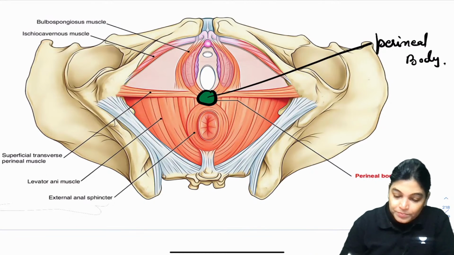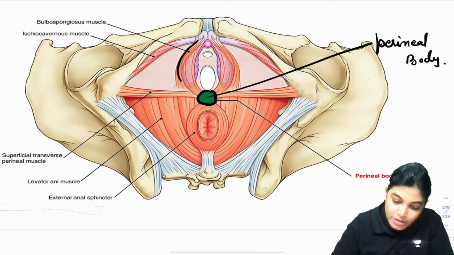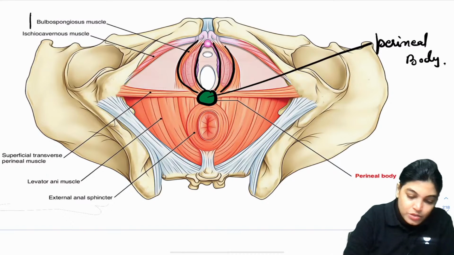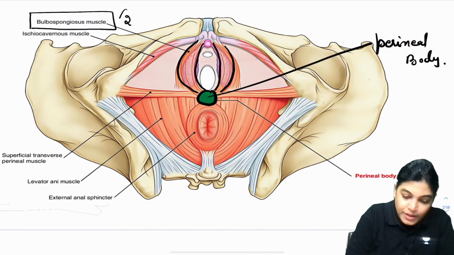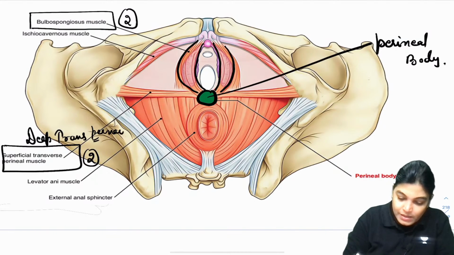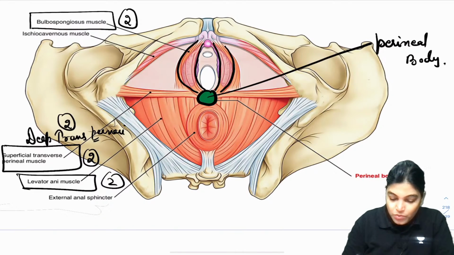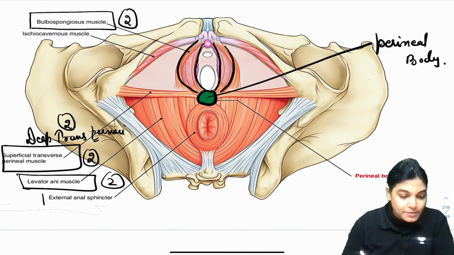Now, here we have the muscles interlacing at this level. We have the two bulbospongiosus muscles interlacing. We have the superficial transverse perineal muscle, two on either side. Deep to it lies the deep transverse perineal muscle, that is also 2. So 6 muscles. Levator ani muscle of both sides, 2. External anal sphincter muscle,